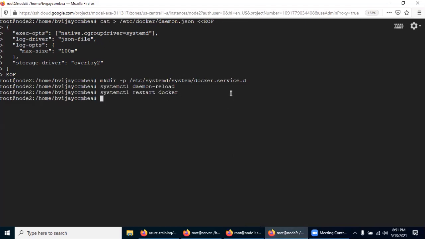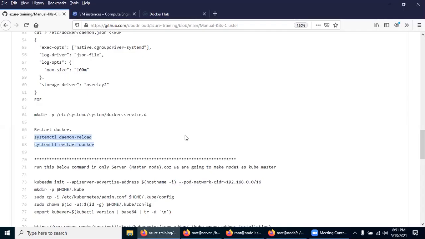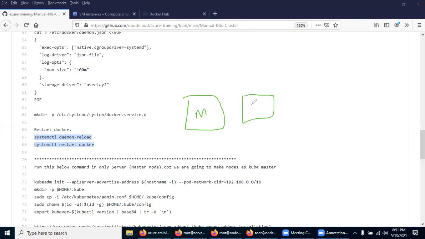Now we are almost good to proceed, so I'll quickly walk through. We have created one master machine, one worker node, and one more worker node, worker node 2.